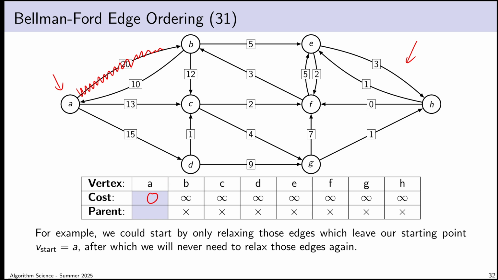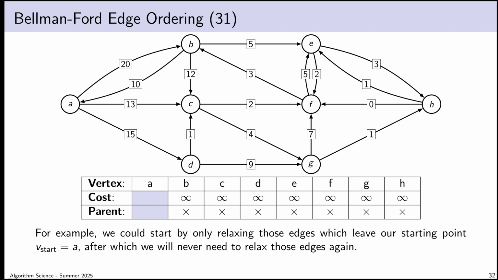Although there's a bit of an asterisk here that I'll come back to in a few slides, there's something hiding deep down that may not be obvious that we do have to consider, but we'll be able to dismiss it very quickly. If we allow ourselves to assume that the minimum cost of travel from a vertex to itself is always 0, well, then we know that this has already been locked in at 0, and so it's now safe to relax the edges that begin at A. And once I do this once, I will never need to do it again.